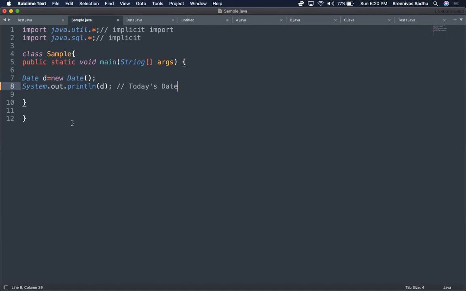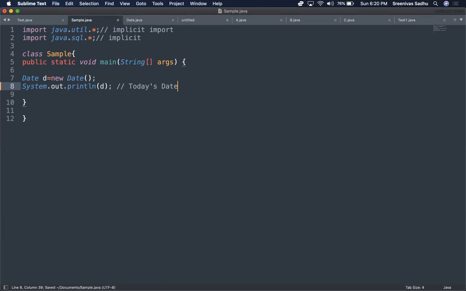So now I'm importing both packages. All the classes and interfaces should be available, and I should be able to access this Date class. So Date d = new Date, System.out.println(d), which is going to give me today's date with the timestamp as well.